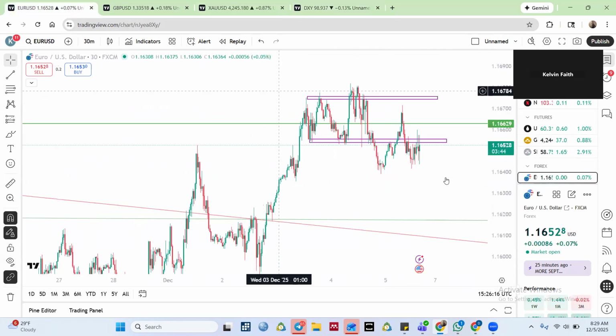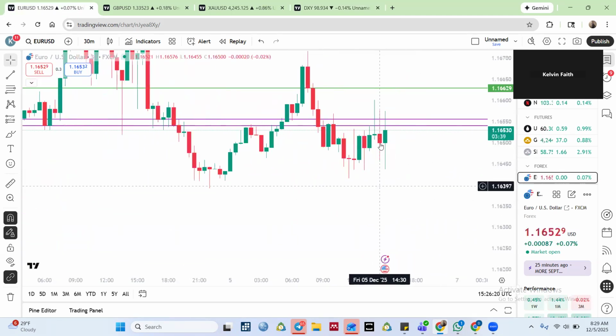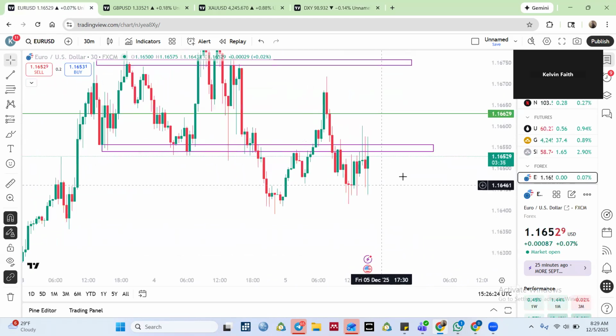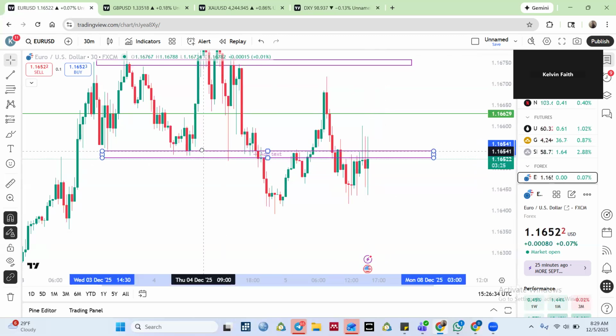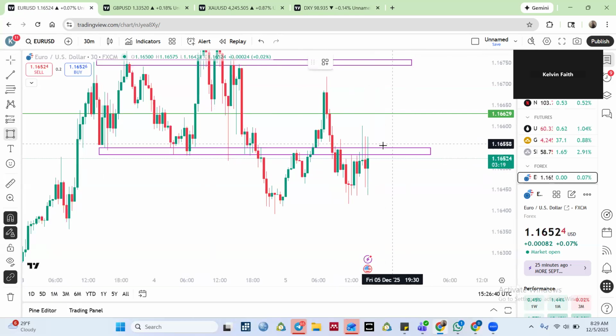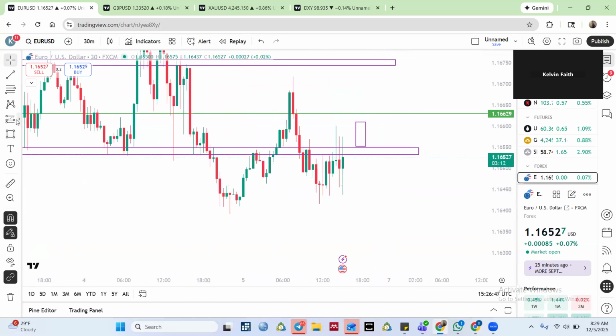Let's see Euro USD on the flip side. Okay, good. So Euro USD faked dropping again and it's pointing up. So as long as the dollar index is looking to go bearish, Euro USD will be pointing up. We need Euro USD to be above this support, sorry, this resistance in order to enter for buys.